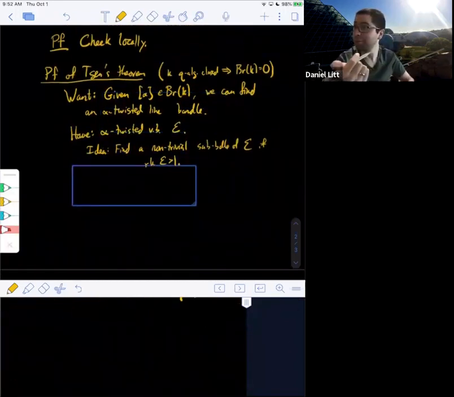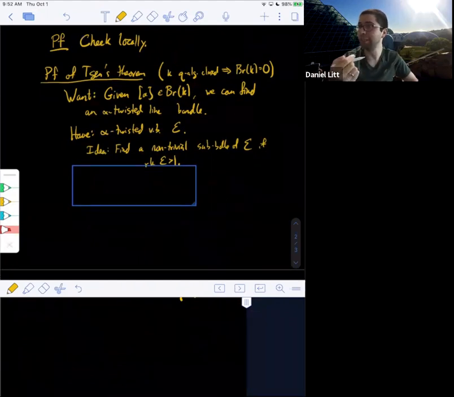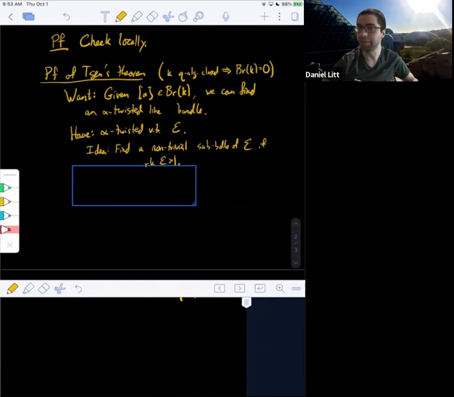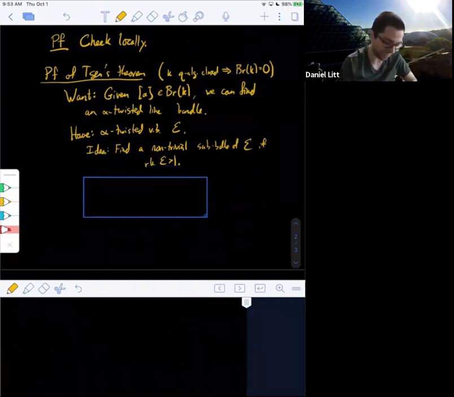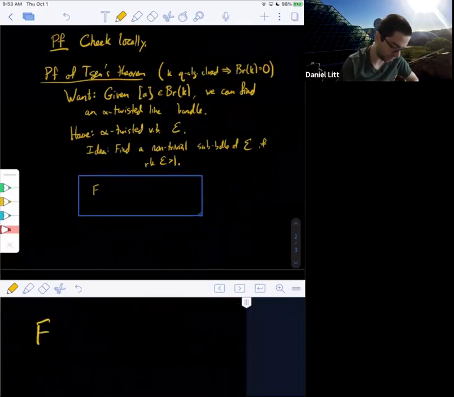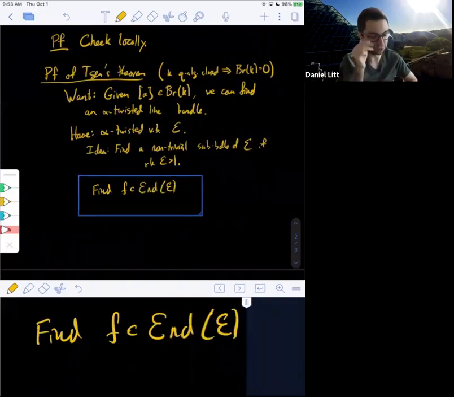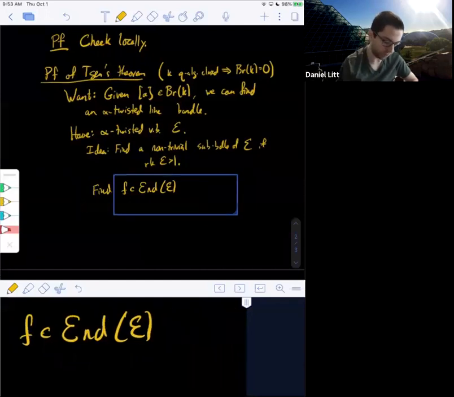Well, maybe one thing we could try would be to find an endomorphism of E with non-trivial kernel or co-kernel, right? And since we're over a field, any quotient or sub of a vector bundle is a vector bundle. It has constant rank because there's only one place for it. You have to check the rank. Okay, so we're going to find F in ND, this is our central simple algebra, since we're over a field,